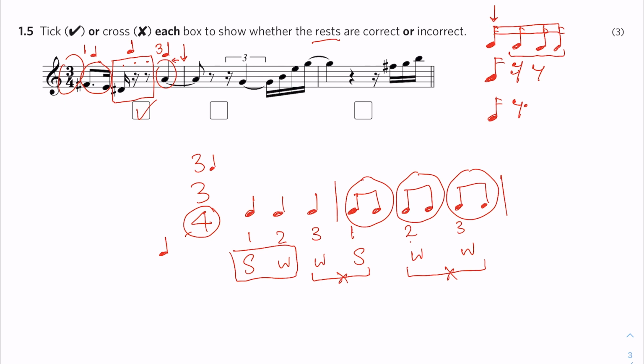Next bar, we have a quaver note and a quaver rest. So that's one crotchet. And here, let's say you don't know what's going on again. Back to the end of the bar, go backward. We've got this. This is a crotchet. So beat 1 here, beat 3 here. And here,